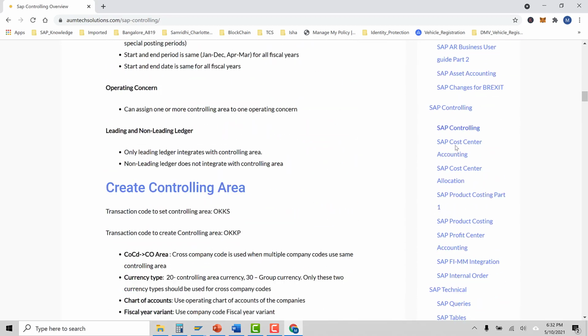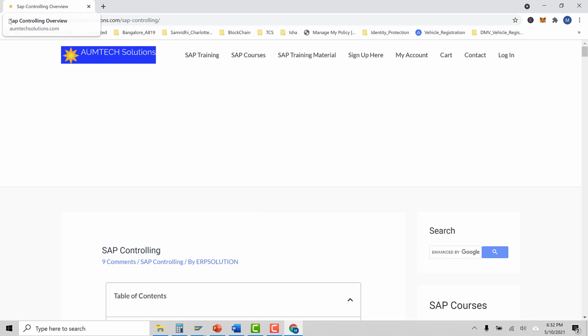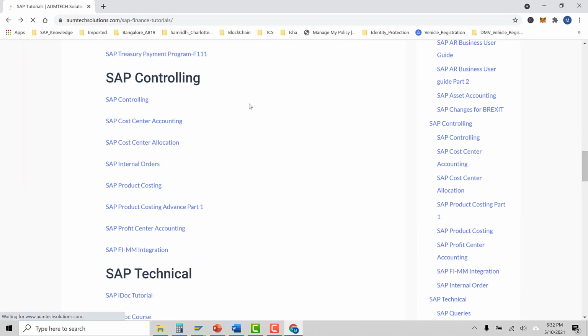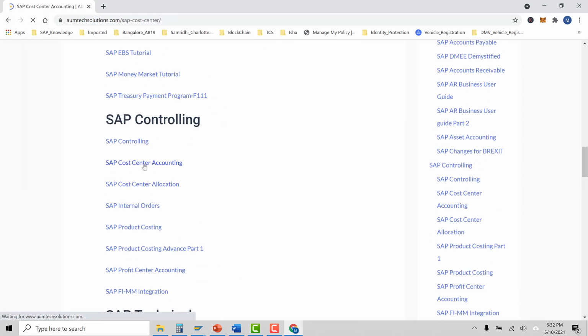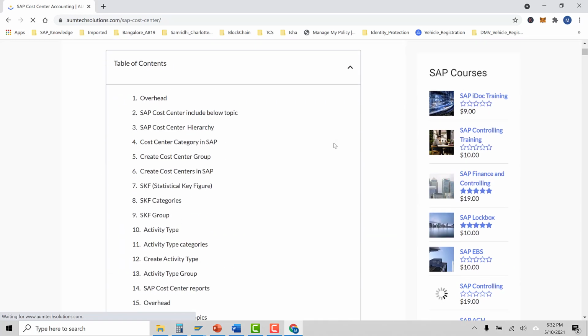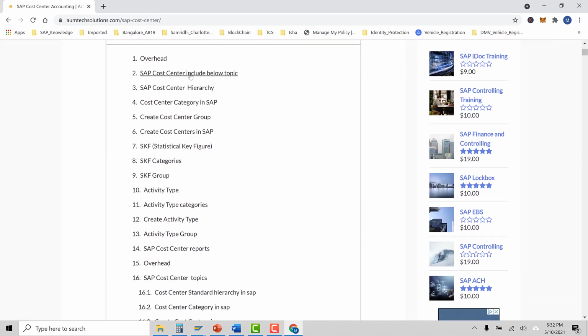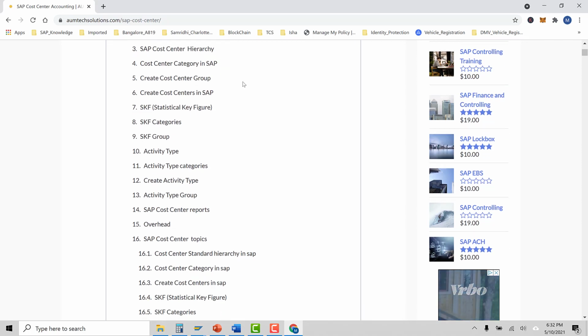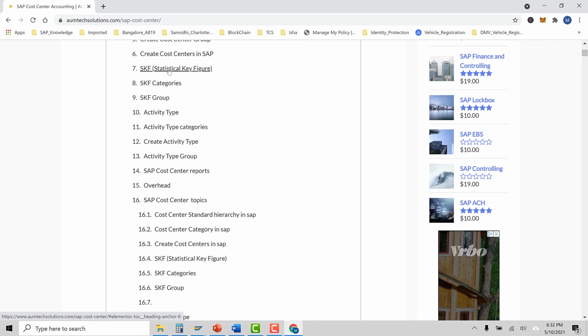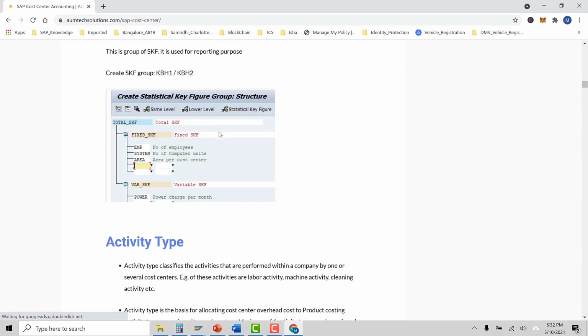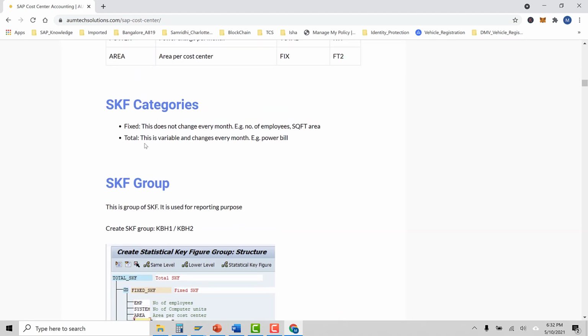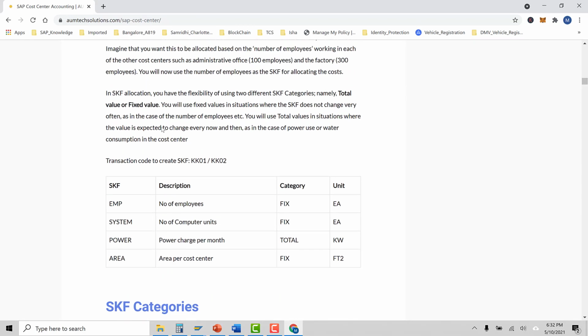Let's come to controlling, cost center accounting. And in the cost center accounting, this is the table of content. You have all these topics discussed in detail, and you have the SKF. Click the SKF, and now you can understand how to create the SKF.